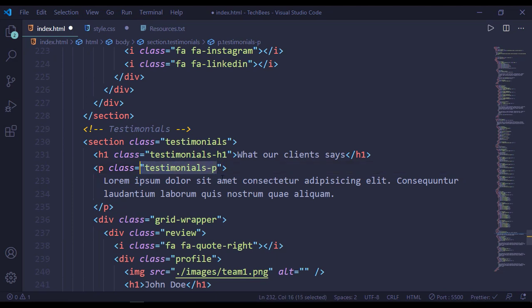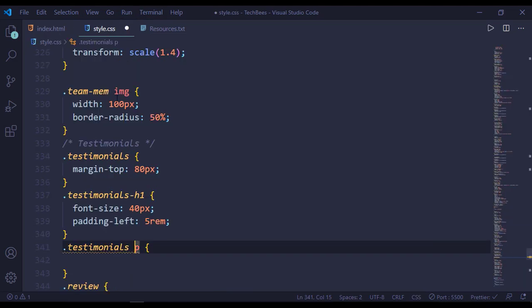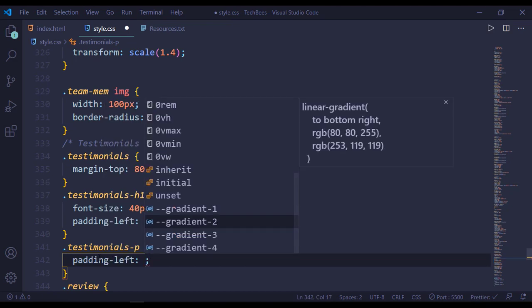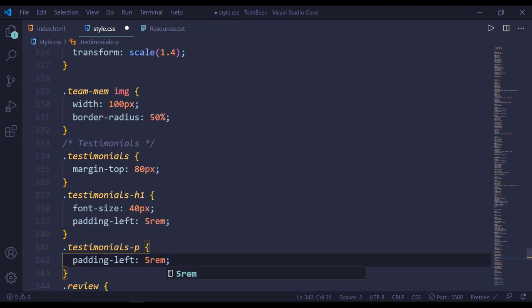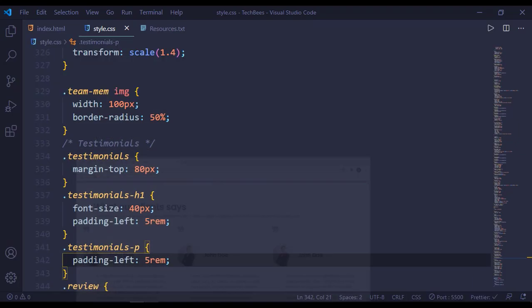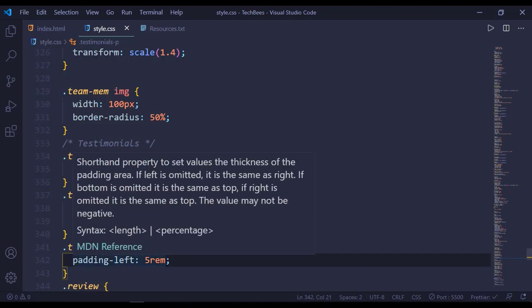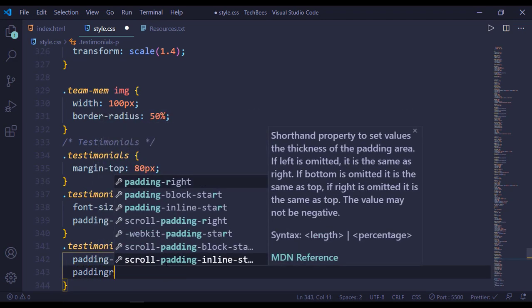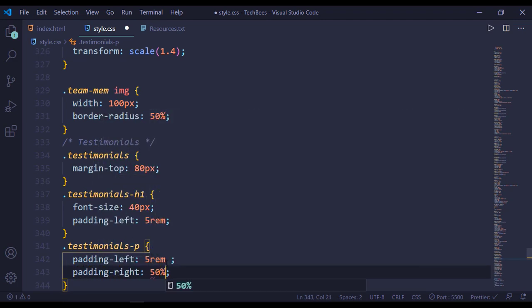I will copy this. This has a padding left of 5 rem, and padding right of 50%,